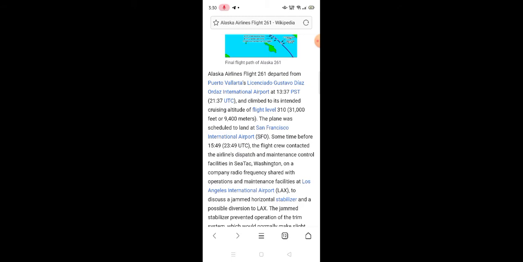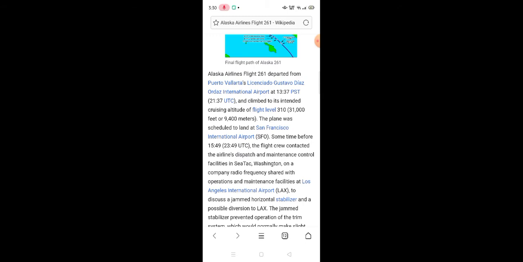The plane was scheduled to land at San Francisco International Airport sometime before 3:49 p.m. PST. The flight crew contacted the airline's dispatch and maintenance control facilities in SeaTac, Washington, on a company radio frequency shared with operations and maintenance facilities at Los Angeles International Airport to discuss a jammed horizontal stabilizer and a possible diversion